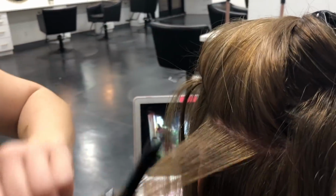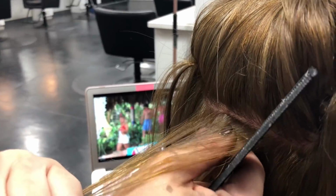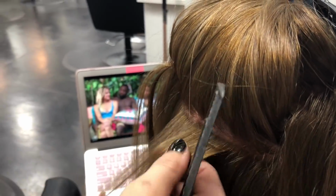All right, so we are now installing the hair extensions, as you have been able to see. We are doing tape-ins. I like to do the bottom one first, and as you can see here, the corner kind of came loose when I was putting it in. If that ever happens to you, take your comb, readjust it, and make sure it's really tight before you put